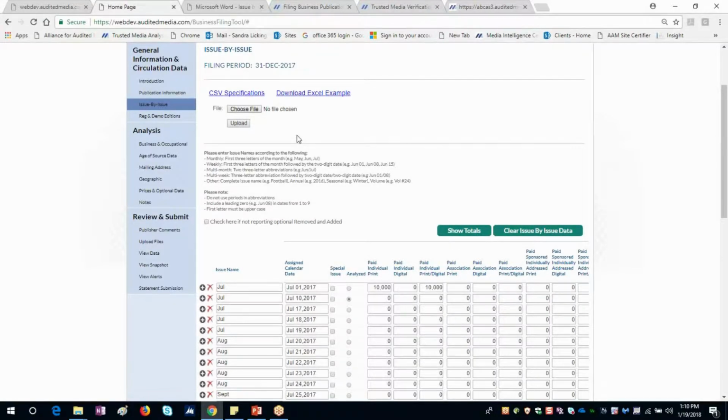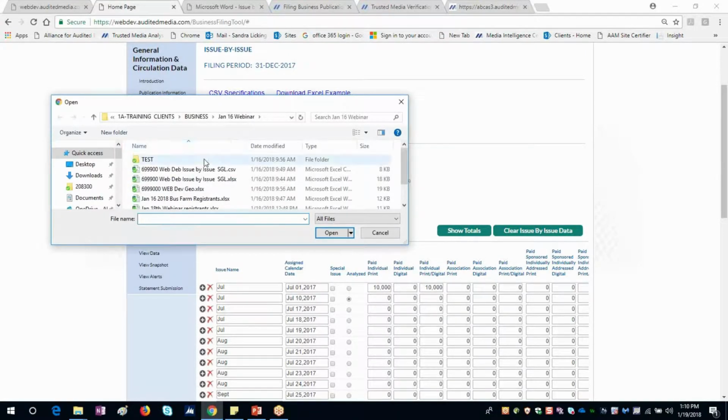So what I'm going to do is go ahead and choose File. So if you're going to upload a file, you're going to choose your file. And I want my CSV file.